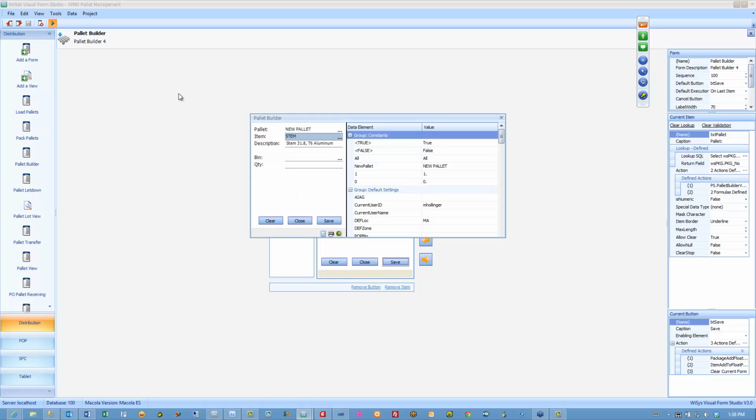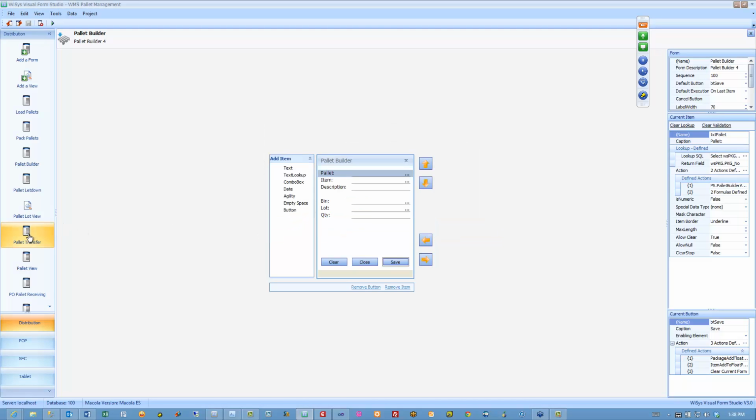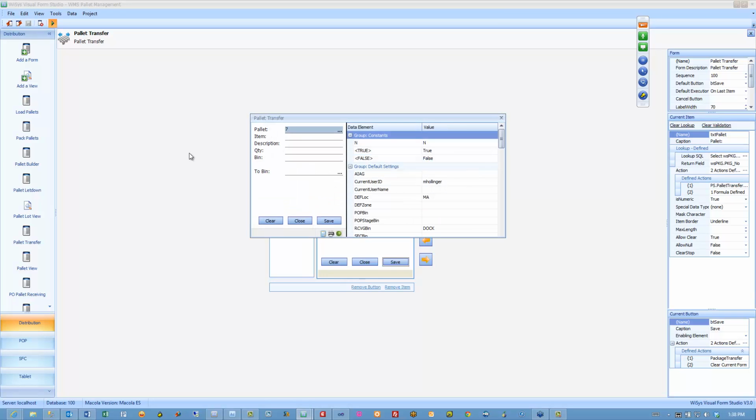So if I just want to take an item stem from bin 100, put 10 of those onto a palette, I've now got palette 7540. Palette 7540 now has one item on there, stem, sitting in bin 100. And I can go in here and do a palette transfer, put it with 7540, it shows me what is on this palette, and I can just move that to bin 200. And so what it does is, if I pull it back up again, we have a whole object library